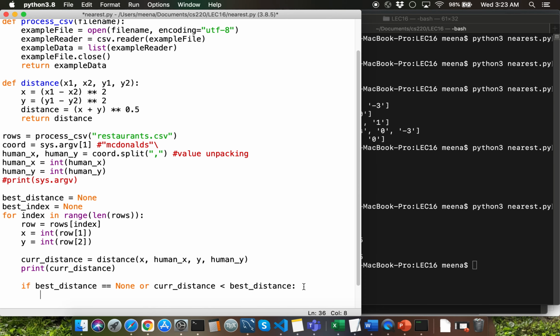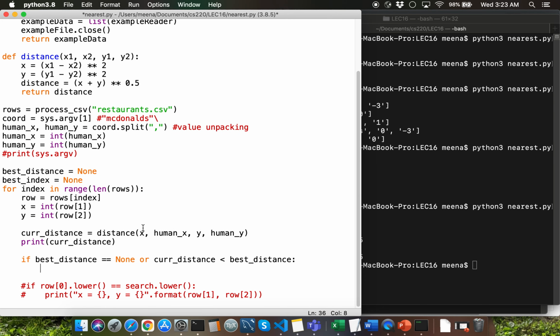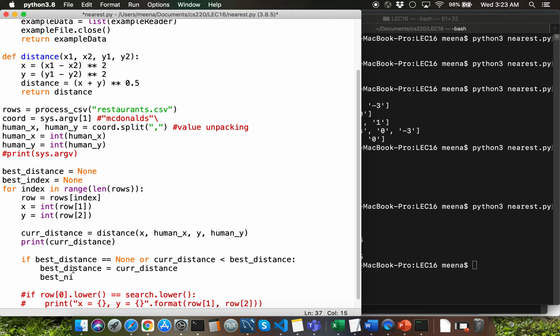If the current distance is lesser than the previously known best distance, we want to be able to update best distance to the cur underscore distance value, and we are going to update best underscore index to the current index, which is going to be the index of that particular restaurant's row.